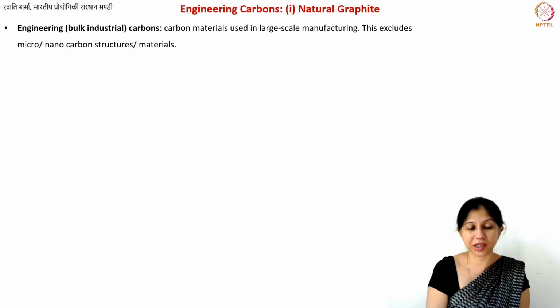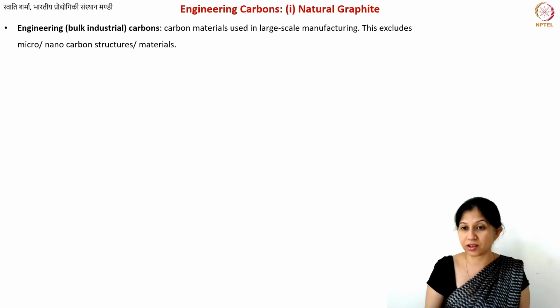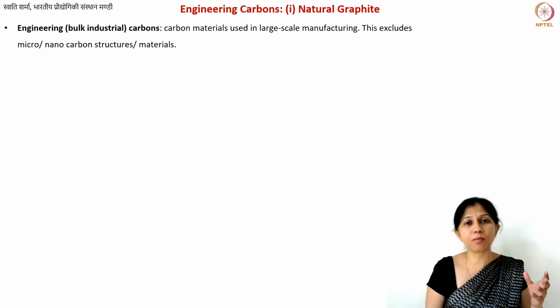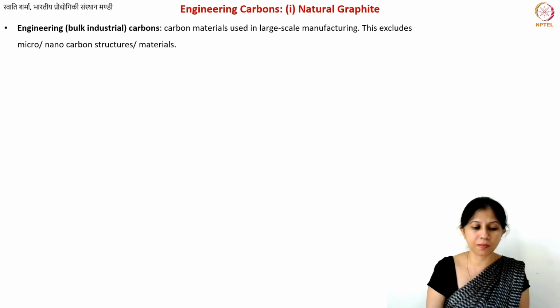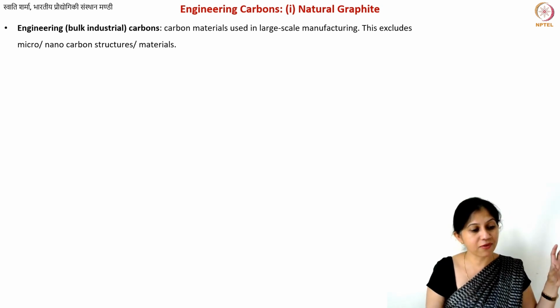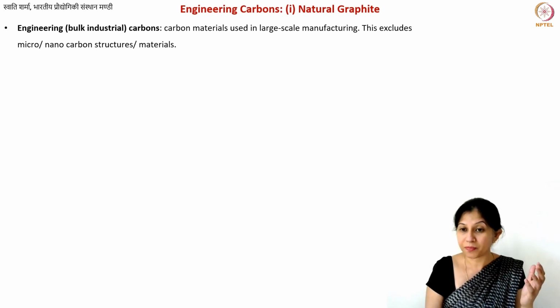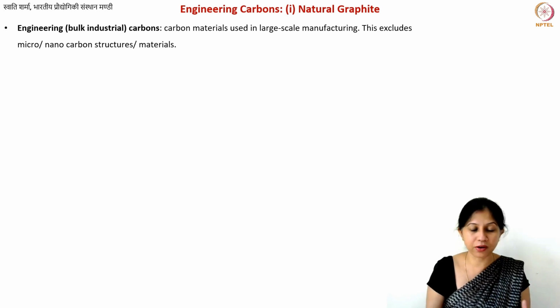So what are engineering carbon materials? They are also known as industrial carbon materials, because they are used in bulk. They are also known as bulk industrial carbon materials. Basically, any type of carbon material which is used for bulk or large scale applications. You may make some structures out of them. Sometimes you can just process the initial raw material, for example, certain petroleum byproducts, and they may give you certain types of carbon material. So the refinery, the processing that is done to obtain the carbon material, is also a part of the carbon industry or industrial carbon processing.